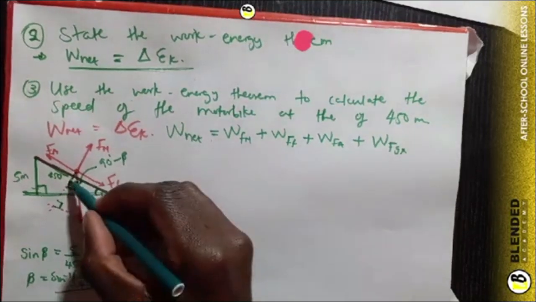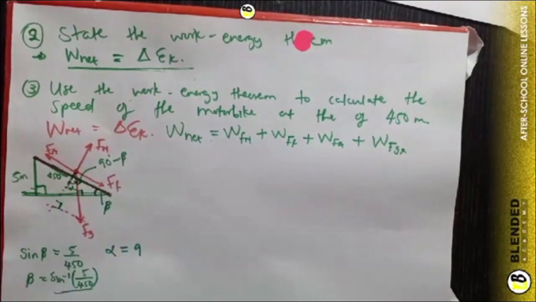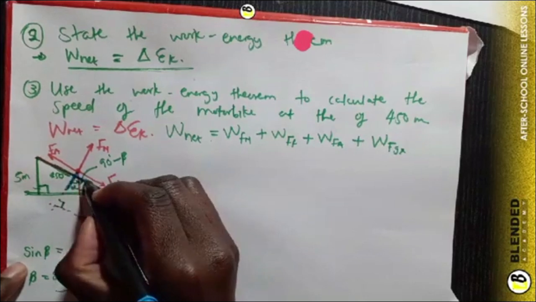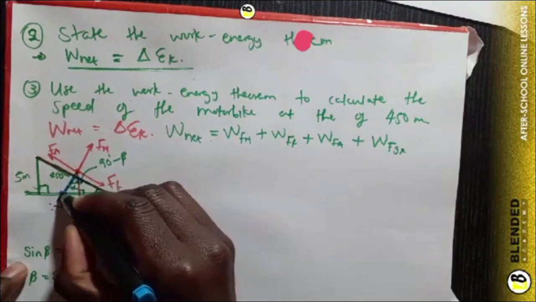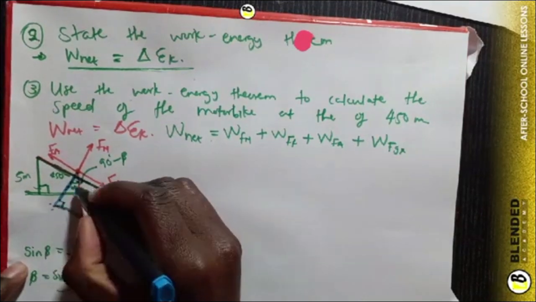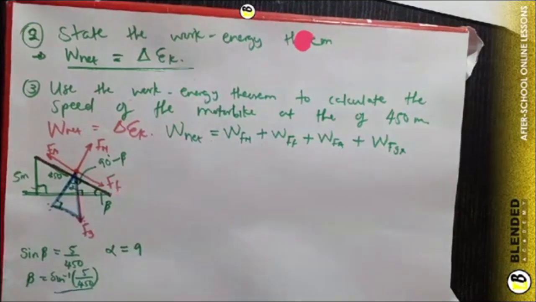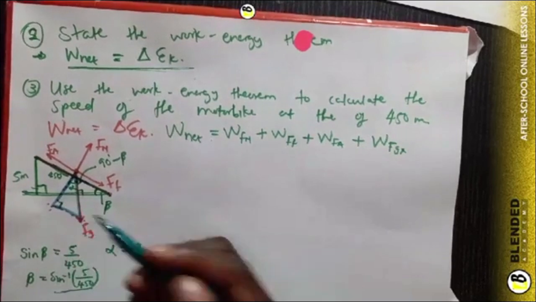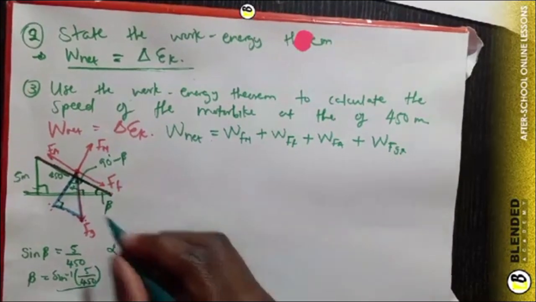Since we have 90 degrees here also, let me try to use a different color there. So now here we also have 90 degrees, on this triangle, another triangle where we have our force due to gravity. All right. So for this angle alpha, alpha equals 90 degrees